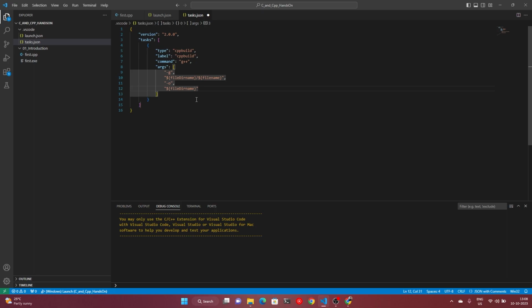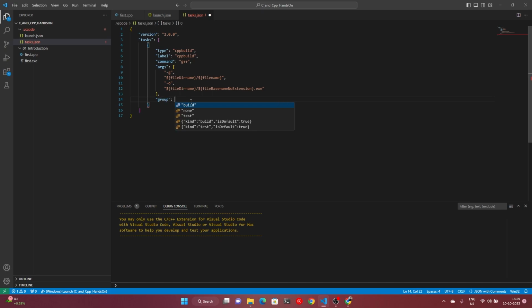The name should be file base name, no extension, .exe, because at the end the file should be executable. So that is most probably it, and a few other things we can also provide here. Okay, so the second thing that we need to do is maybe group build,